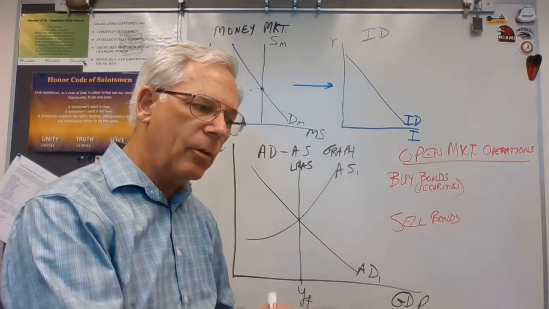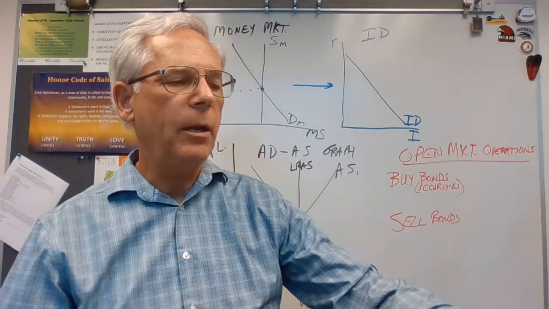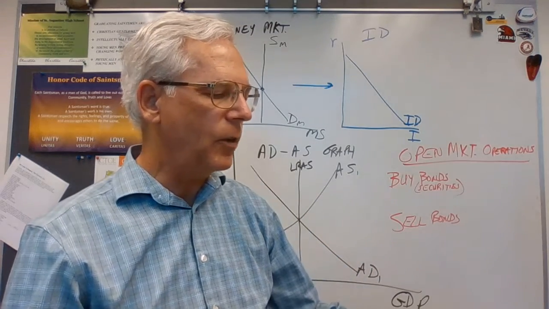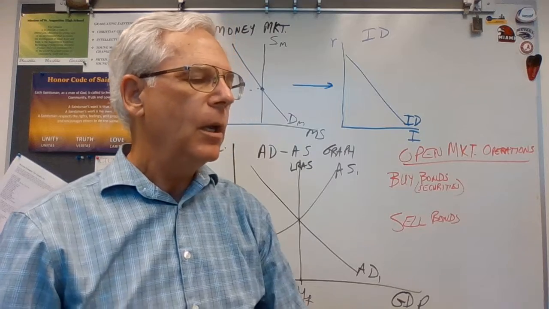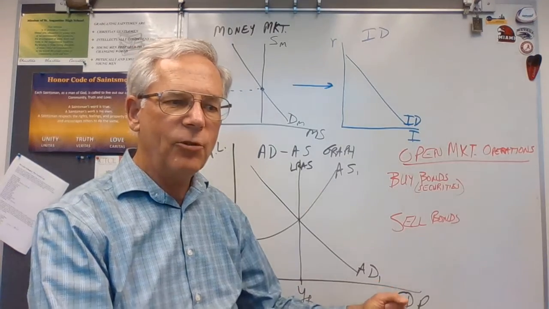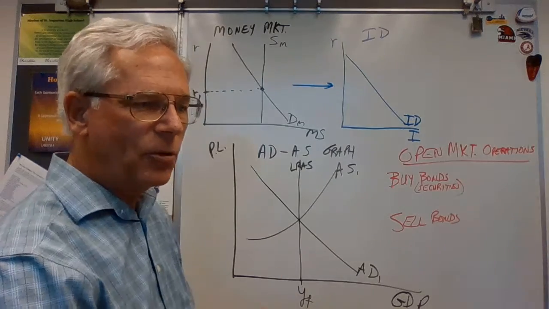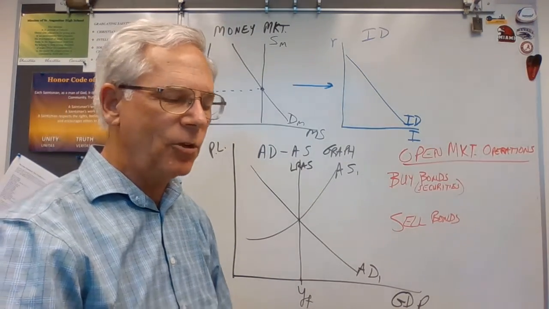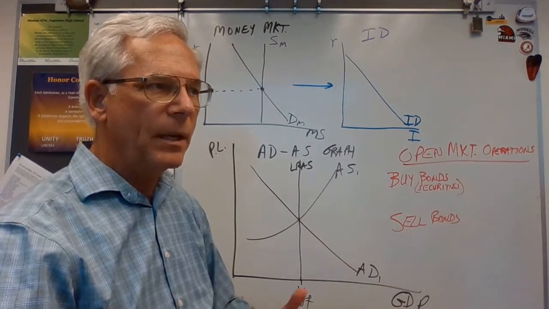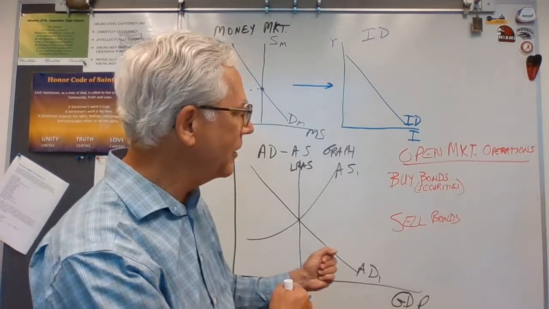Now, before I go into that, remember that your book said, and it is true, that open market operations are the primary method of monetary policy in the United States and have been for a long, long time. Your book insists on going into detail about how open market operations influenced the economy prior to 2008 and the changes after 2008. We're going to focus pretty much on the changes after 2008,